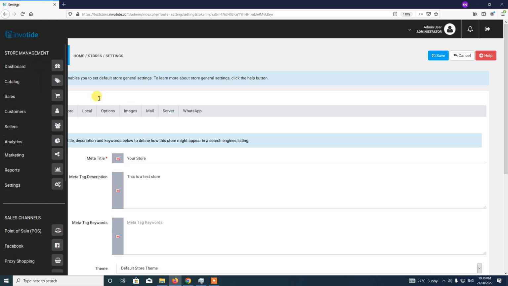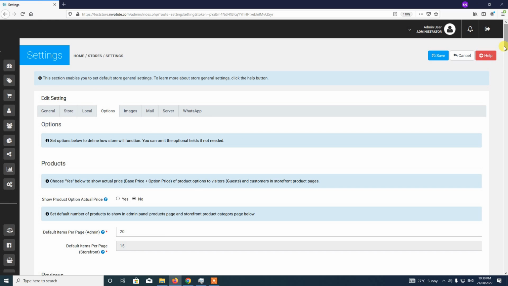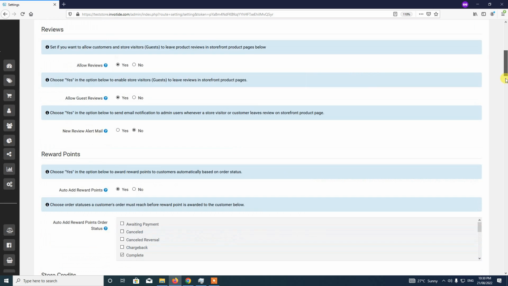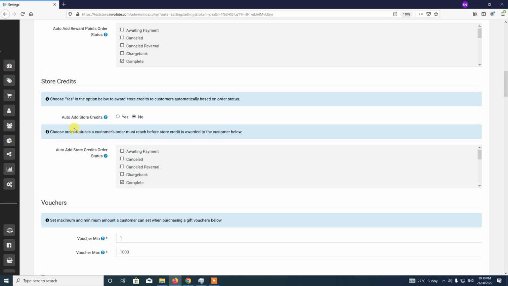So here we will now proceed to select options and then scroll down to store credit section, as you can see here. So we are going to enable this so that